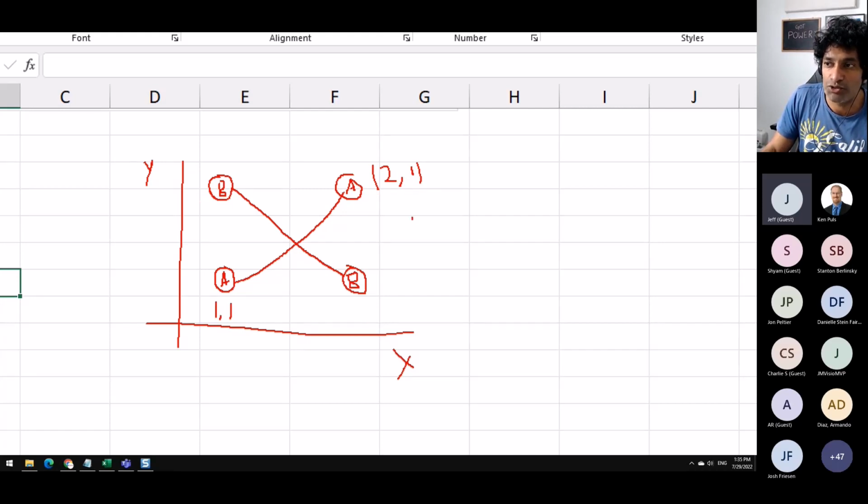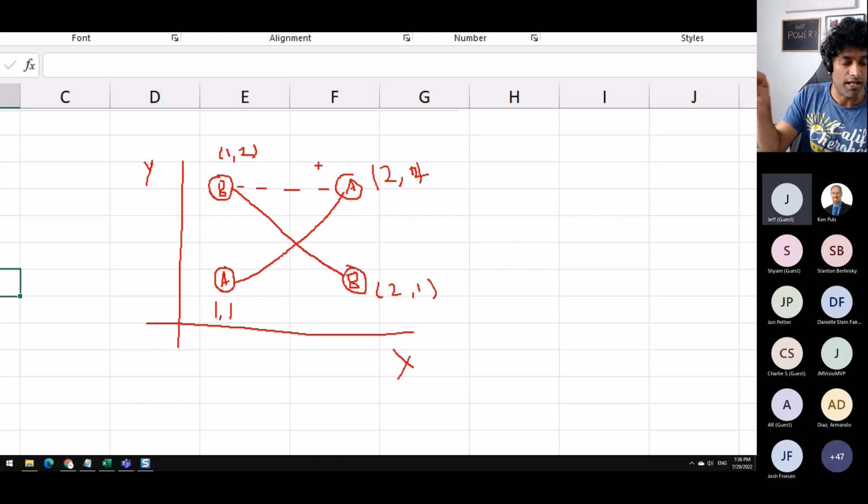So after 1, 1 to 2, 1, if I have got a blank row, and then my next coordinate is 1, 2. Oh, sorry, this should be 2, 2. 1, 2, and then 2, 1. Because there is a blank row in the middle, what the XY chart does is it skips the line segment that goes from here to there. So you could imagine there is a dotted line going here. That line segment never gets drawn because there is a blank row.